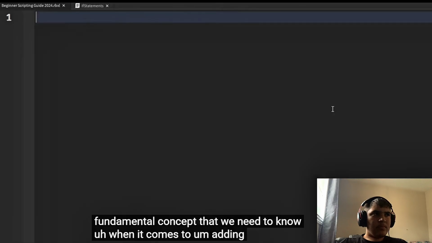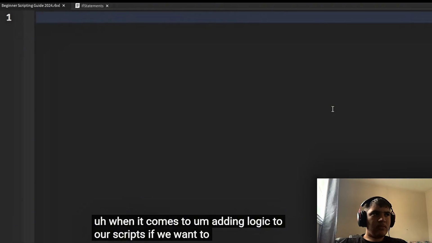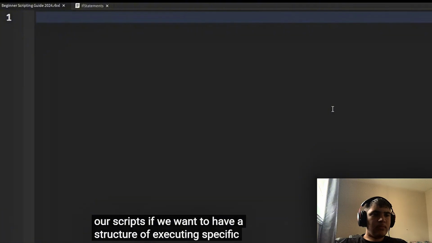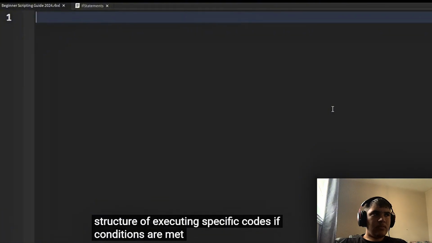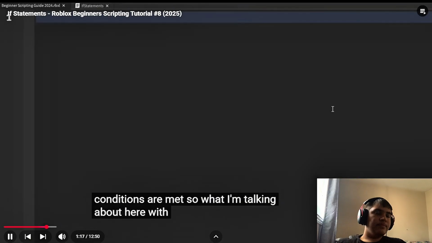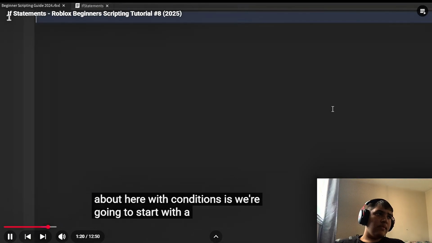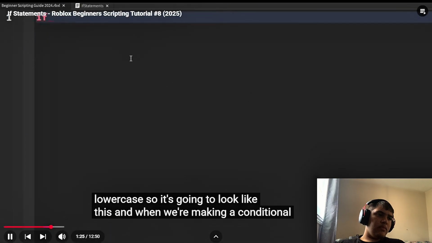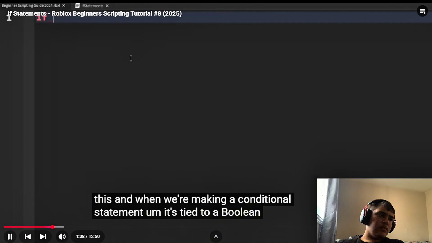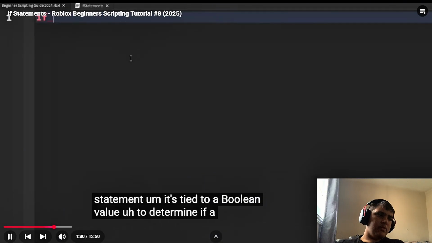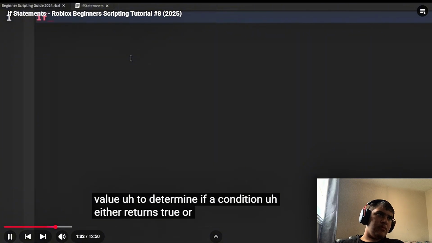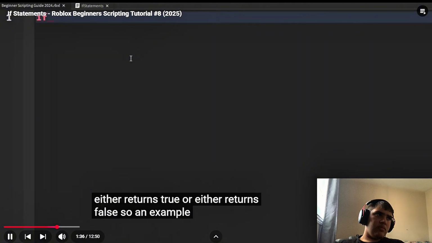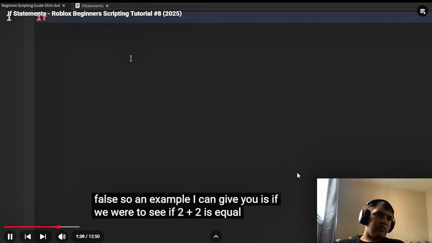Okay, now if statements are a fundamental concept we need to know when it comes to adding logic to our scripts, if we want a structure for executing specific code if conditions are met. What I'm talking about here with conditions is we're going to start with an if keyword in all lowercase, so it's going to look like this. When we make a conditional statement, it's tied to a Boolean value to determine if a condition returns true or returns false. An example I can give you is if we were to see if 2 plus 2 is equal to 4, which obviously